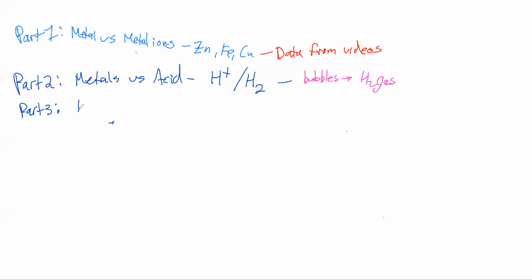Which is our halogen oxidation. Now, for our halogen oxidation, the part that I struggled to find was that I couldn't find any that was just bromine and iodine. So this one is done with chlorine. You can go ahead and just ignore the chlorine side, or you can include it, either one. Doesn't really matter. Right? But the part that I want to remind you is that when you're looking at your results,